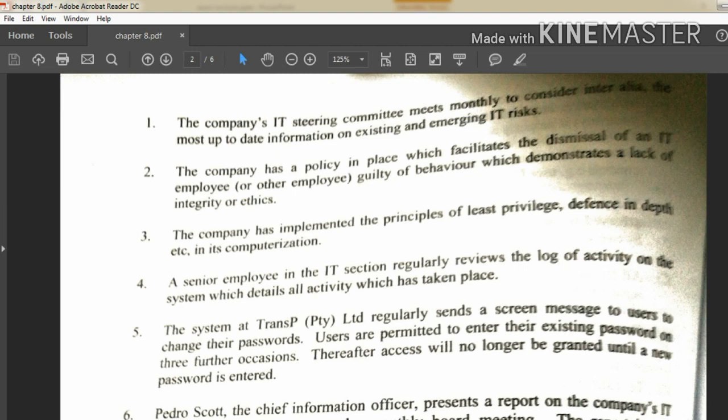within the IT division. Transp Pty Limited duplicates its critical processing on a second computer installation which is very secure. This one is continuity of operations under disaster recovery. Number 8,